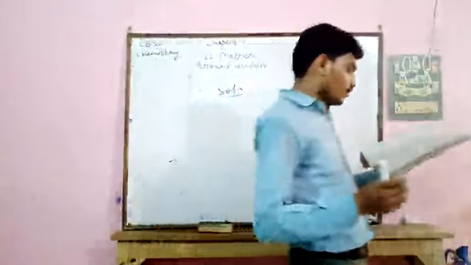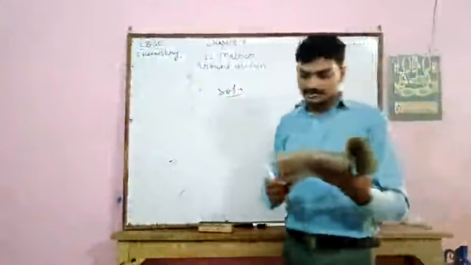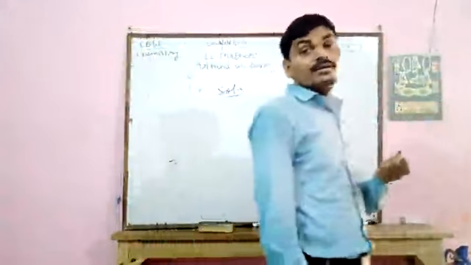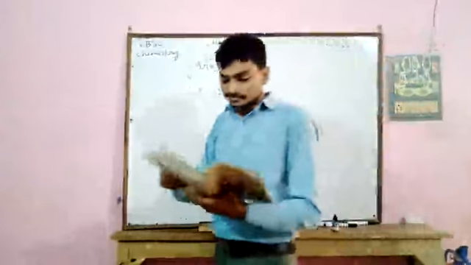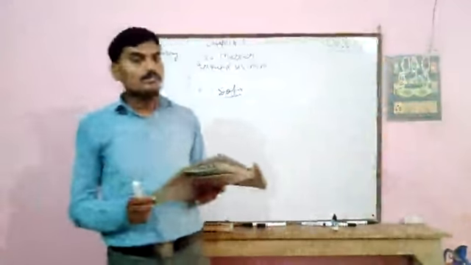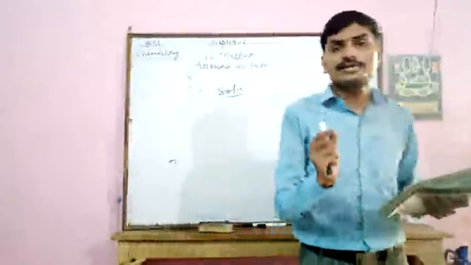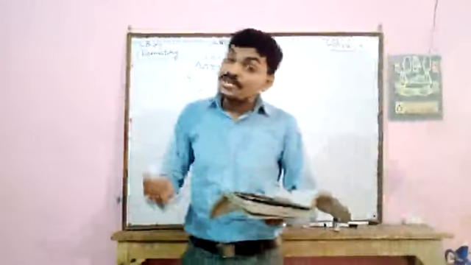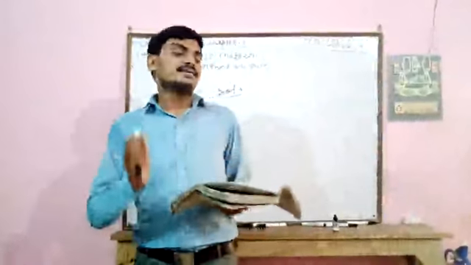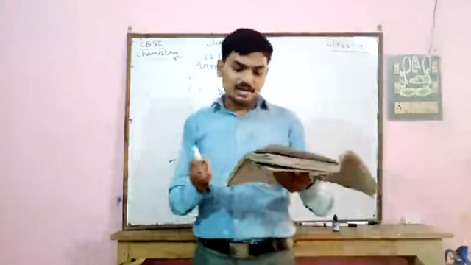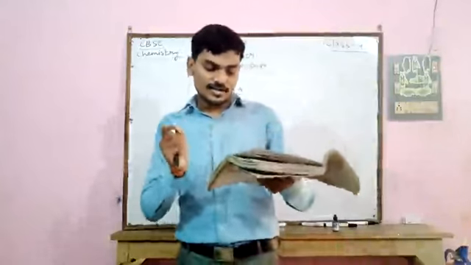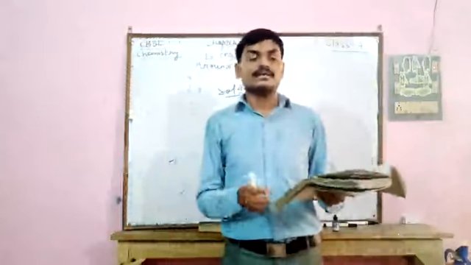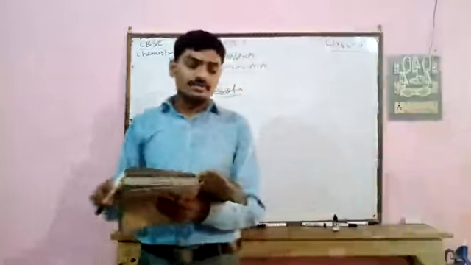Now solid foam, gas in solid. Blood, rubber, bread. These all are examples of solid foam in a colloidal system. Now gel. It is a semi-solid colloid in which a continuous network of solid particles is dispersed in a liquid. For example, jelly, gelatin, hair gel. These all are examples of gel.